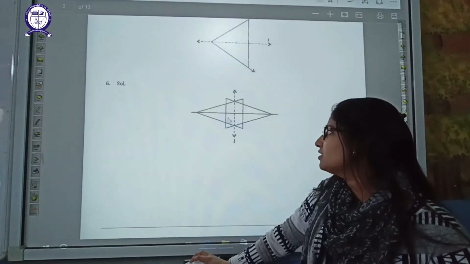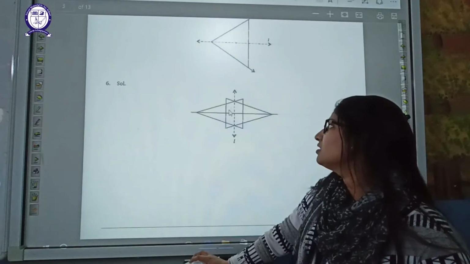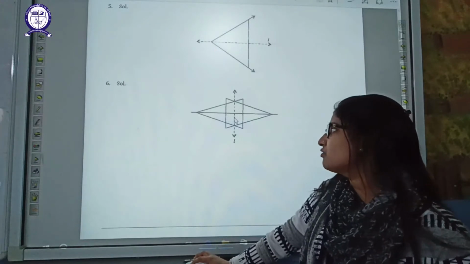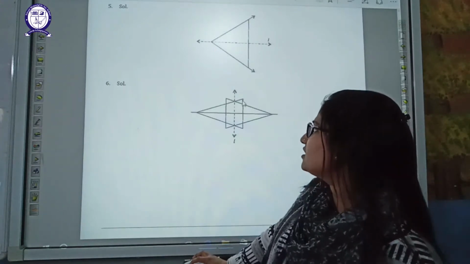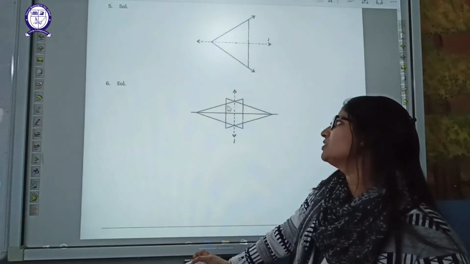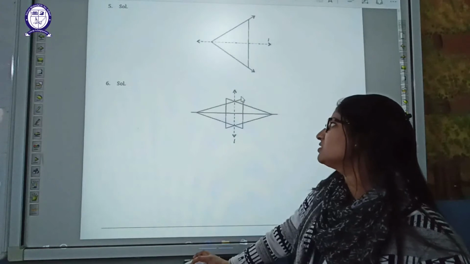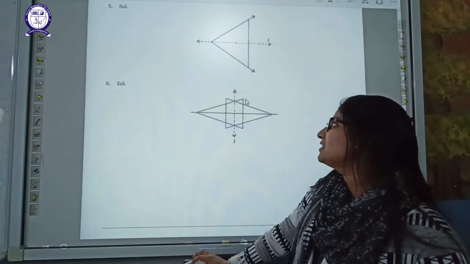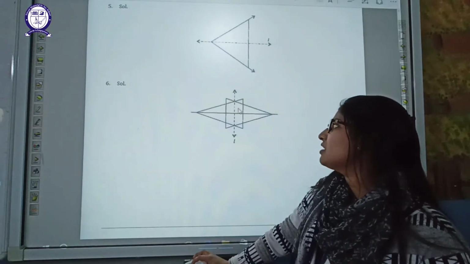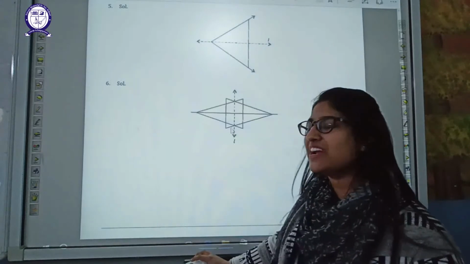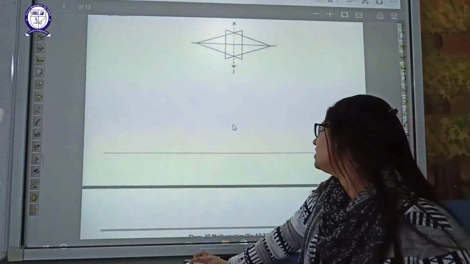And students, in this figure, this right side triangle is given to you, and this vertical line of symmetry is given to you, and you have to complete this figure so that you can get that this is the line of symmetry. So what we have done, students, as you can see, you can check this left side triangle is made. So by this left side triangle, you can check that this figure is completely drawn, and this line is the vertical line of symmetry which is dividing this figure into two equal parts.